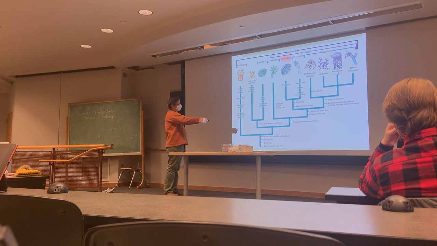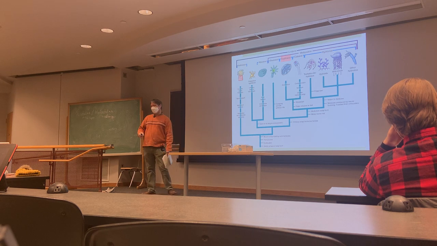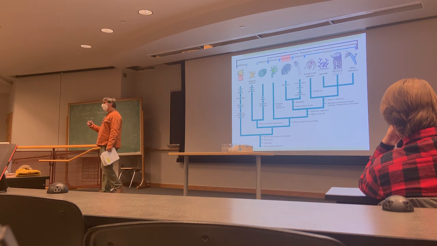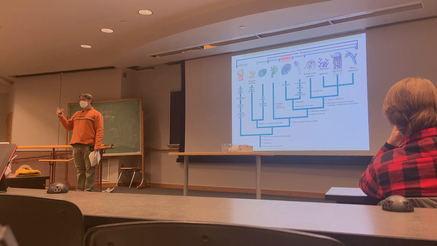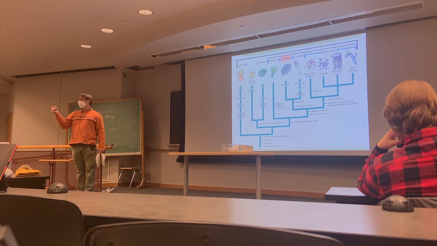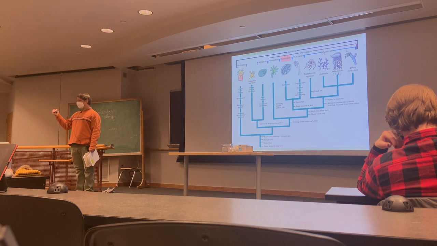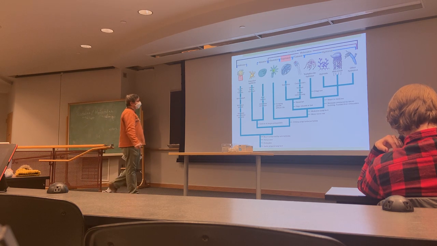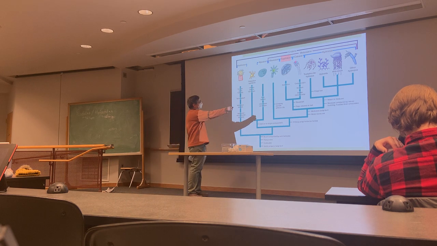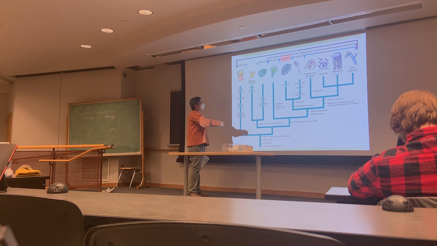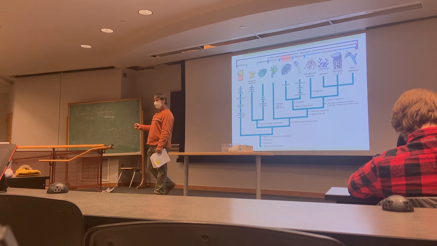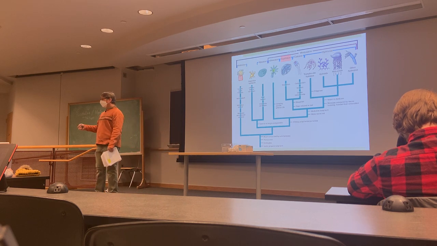Another feature that is shared by these is a rhopalium. A rhopalium is a unique structure associated with the medusoid stage that is essentially a package of sensory organs. There are balance-sensing organs, statocysts. There are eye spots. In some cubozoans, there are image-forming complex eyes that occur in these rhopalia.